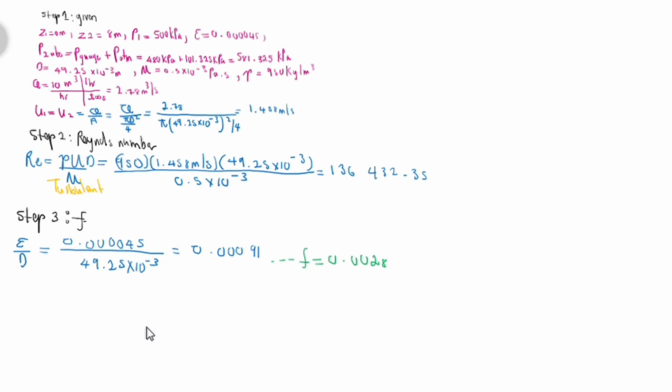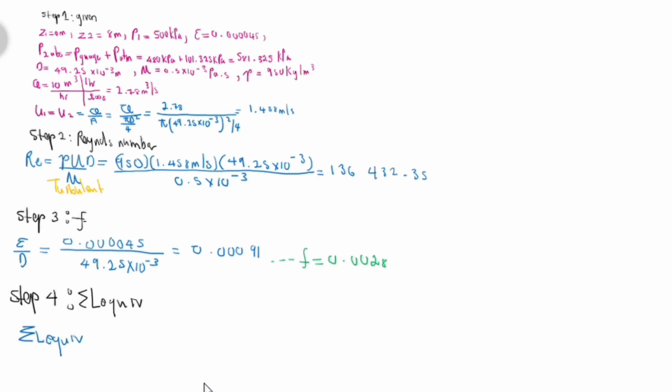Step 4, let's get the total length. We are going to represent it as the sum of equivalent lengths. When it comes to this step, we have to take into consideration the minor losses, which result when there are significant changes in the flow pattern due to the size of the fittings, pipelines, and valves, which can cause our fluids to contract, separate, or cross-fork. So we are basically taking into consideration all these factors. The sum of the equivalent lengths